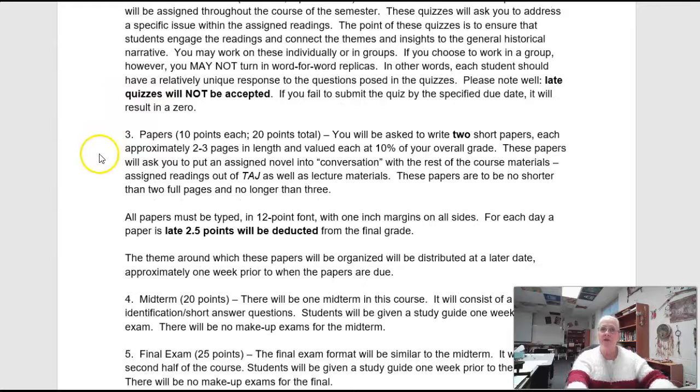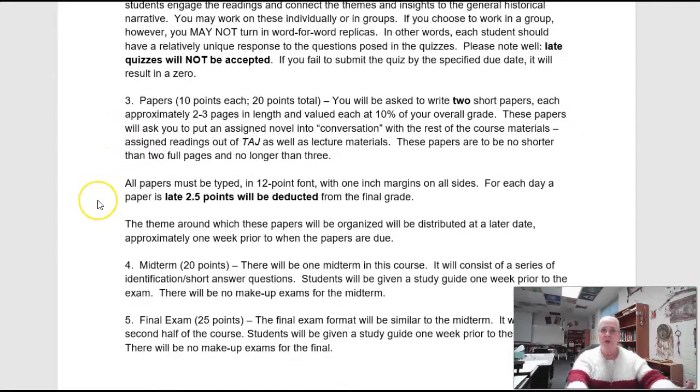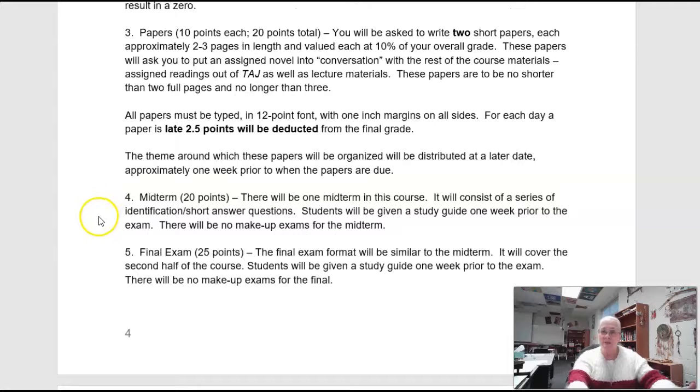You're going to have 2 full-length essay papers. I will be giving you the documents to use for these. These are each going to be 5-paragraph essays, so they're not going to be 5 or 10-page papers. They're going to be a couple of pages, maybe 3, depending on how much you want to put into it. But they're going to be based off of documents that I'm going to provide for you, so you're not going to have to do your own research. There's going to be 2 of these spaced out across the semester. And then, of course, you're going to have a midterm exam halfway through the course, and then the final exam at the end of the course.